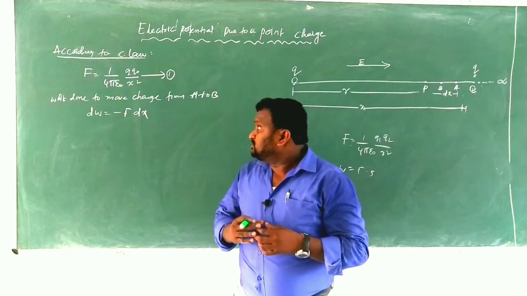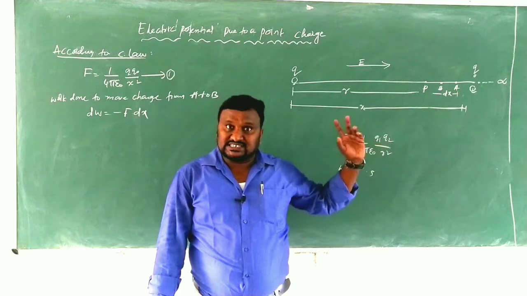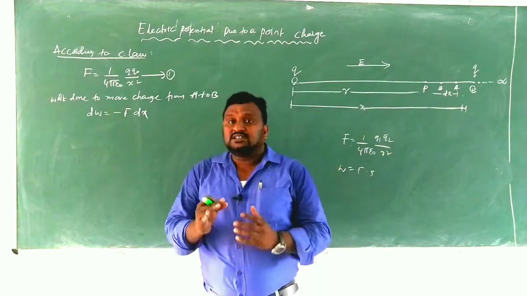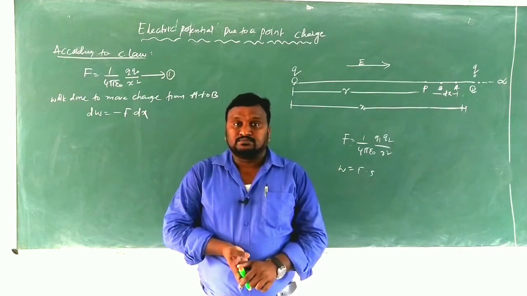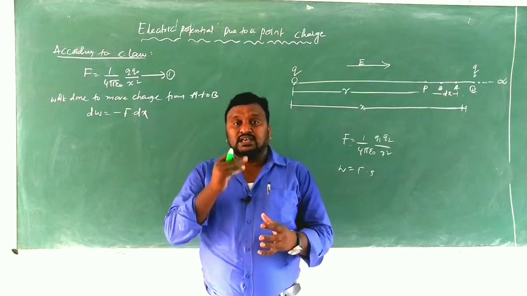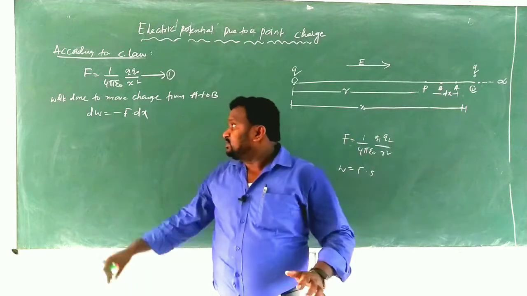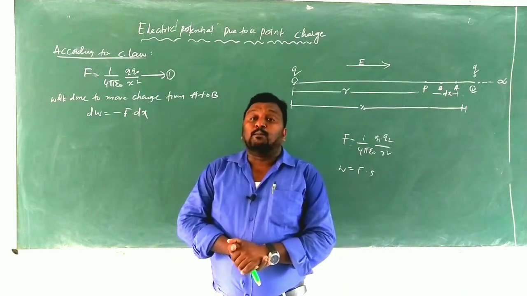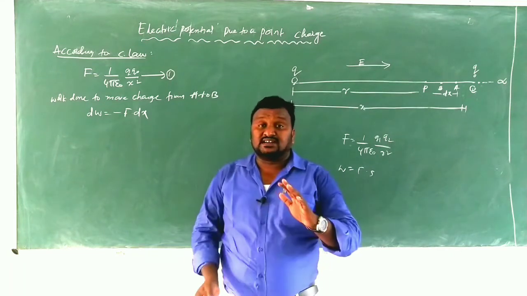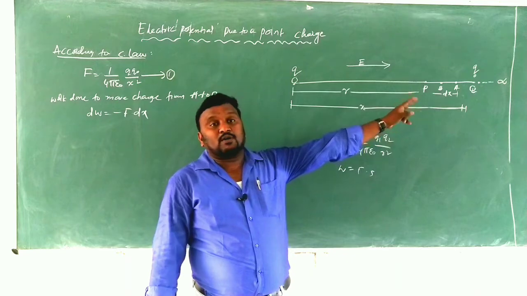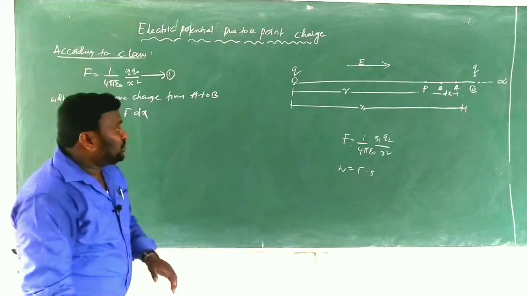In this case you have to observe that while moving the charge from A to B, work is done. Here the minus sign means work is done. The position vector we have taken should be mentioned as negative. Simply remind that you are moving in the opposite direction of the electric field. That's why dW is equal to minus F into dx. Got it, children? dW is the amount of work done to move the charge from A to B only.